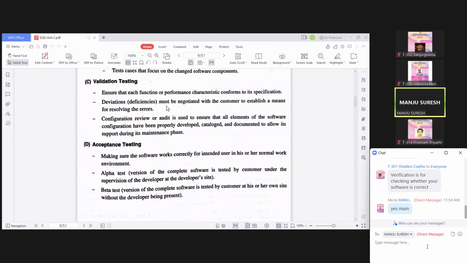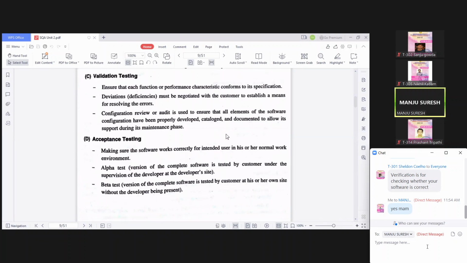So for the exam, you can get such kind of questions, because this is a multiple choice question paper. So when you learn, make sure these kinds of definitions are clear to you. Okay, 80 to 90% of questions will be like this. Any doubt in alpha testing and beta testing?